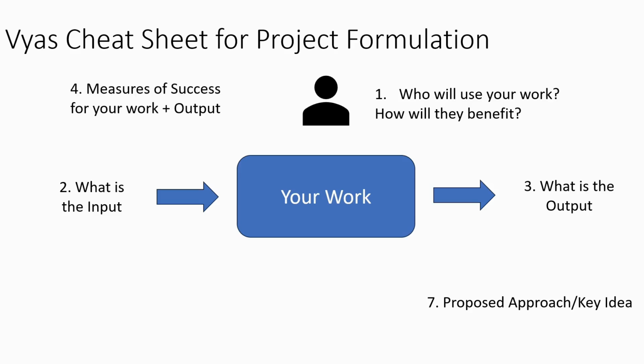Then you have to very clearly define the measures of success. What are the metrics by which you're going to evaluate this piece of work? Oh, throughput, goodput, latency, 99% latency, tail latency, time to debug. Pick your favorite metric, but write it down, because that's how you're going to evaluate your work. That's how the people viewing your work are going to evaluate your work as well.